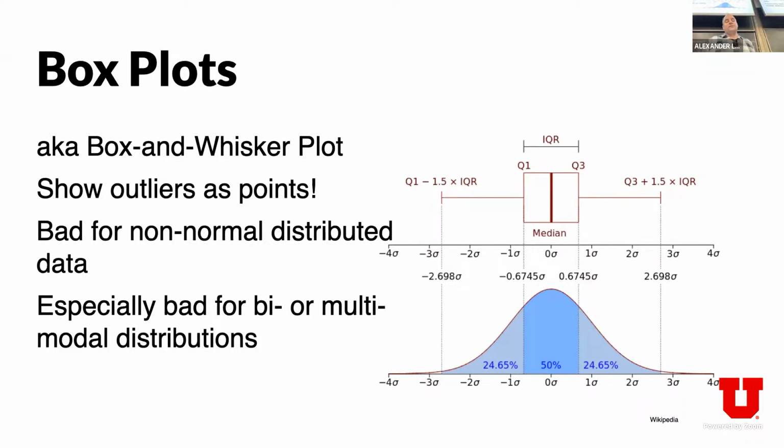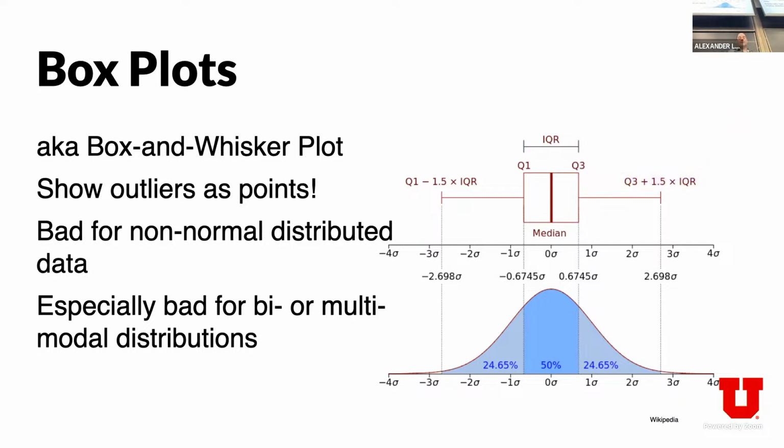And box plots are also known as box and whisker plots. And so what they show is the median. They show the interquartile range of the data. So anything between quartile 1 and quartile 3 is in the box here. And then the whiskers here show us quartile 3 or quartile 1 plus or minus 1.5 times the interquartile range,